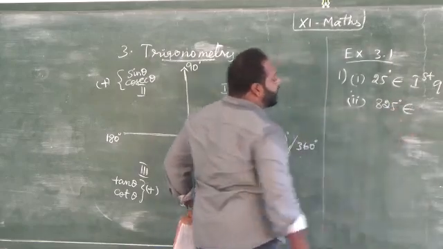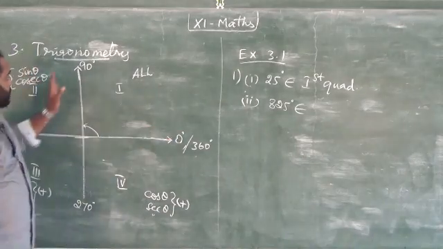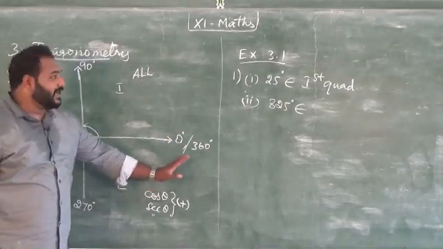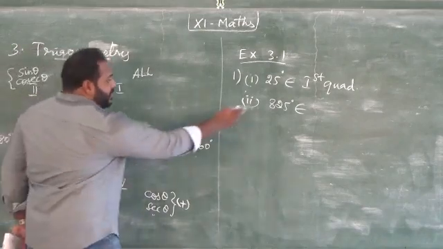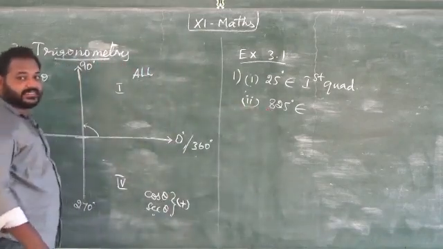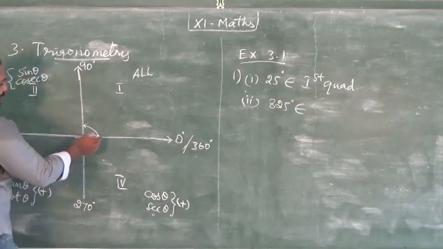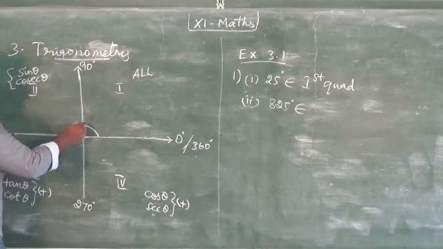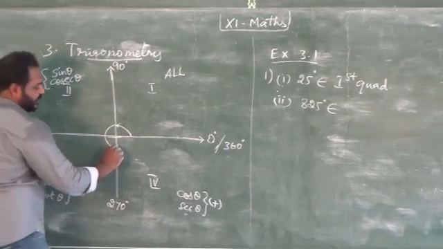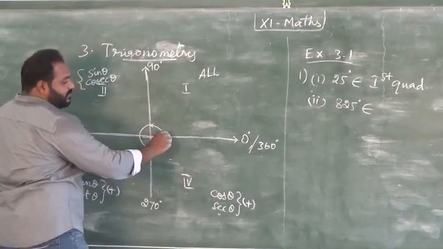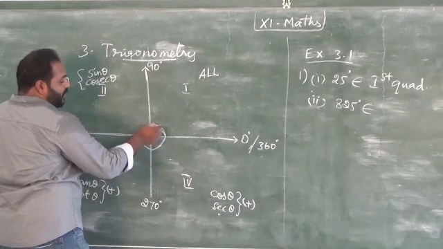Second subdivision, 825. You may wonder, sir, there is no value of 825 in this quadrant diagram, how can we find out? It is not difficult, very easy. Please understand, 825 is more than 360, isn't it? So the highest degree is 360. The angle rotation goes 90 degree, 180 degree, 270 degree, and then the complete circle is 360 degree. After that, once again you rotate.